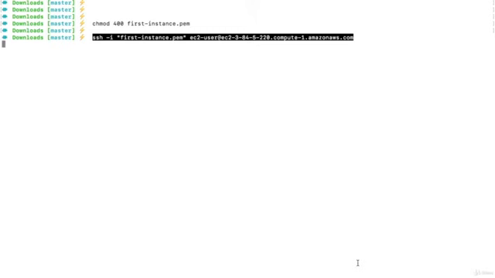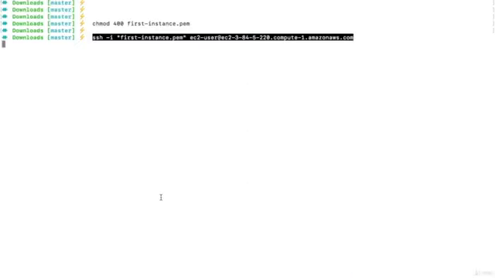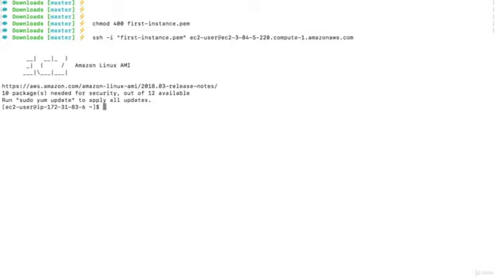I'm going to paste this command. Now, the IP that I see here won't be the same in yours because your IP address is different than mine, and the key name will be different on yours. So you copy this, come back to your terminal or your git bash if you're on Windows, and type enter,